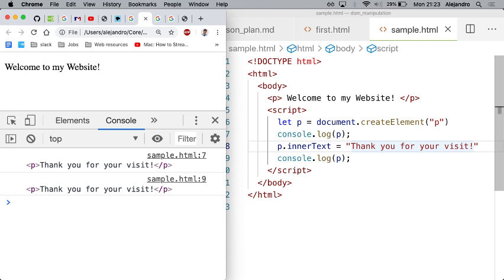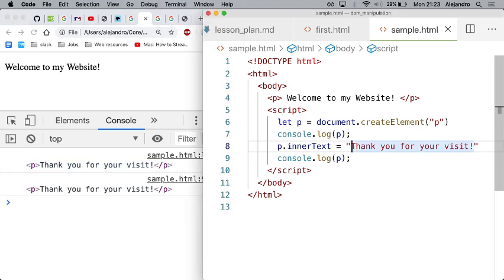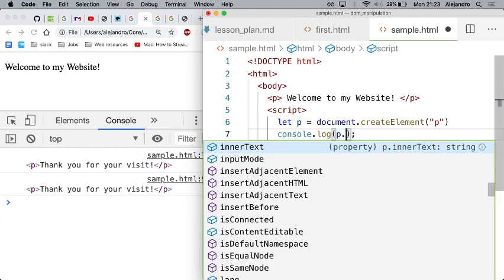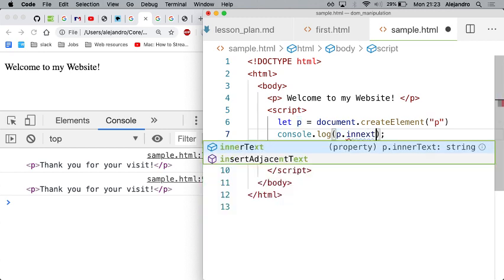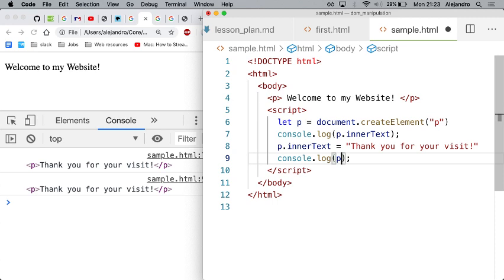But because Chrome is showing me the HTML representation of that paragraph, somehow it's as if it was listening to changes that happen to that paragraph, and it will update both. So if we do p.innerText, I would hope we see one is empty,